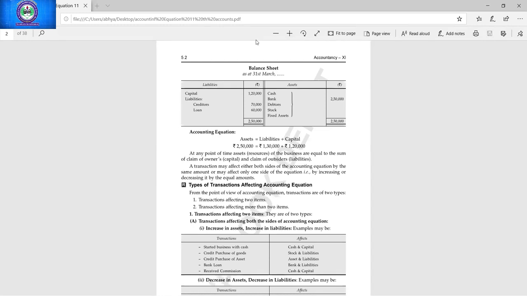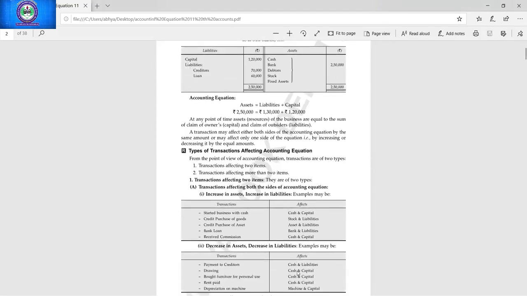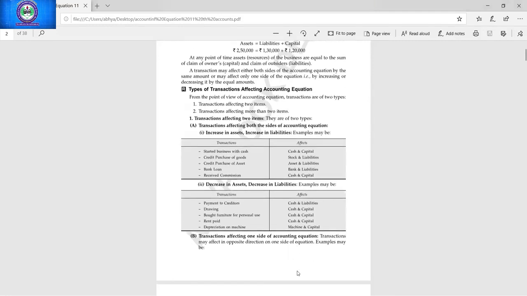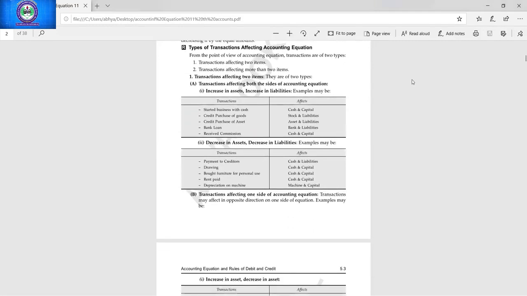While we will be making the balance sheet in actual form, we have to write all the assets individually. We cannot write all the assets together. So I think, Ambika, your doubt is clear now. While doing the accounting equation, we have to show the effect of the transaction on the individual asset or liability. We cannot say that asset is increasing or liability is decreasing, liability is increased, asset is decreased. We cannot say like this.